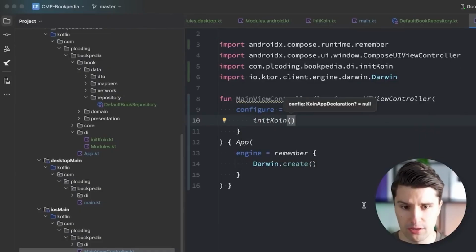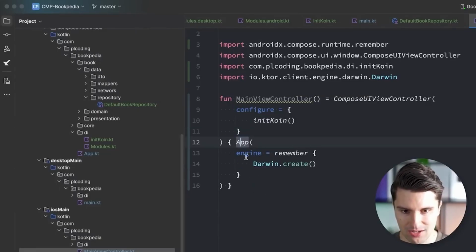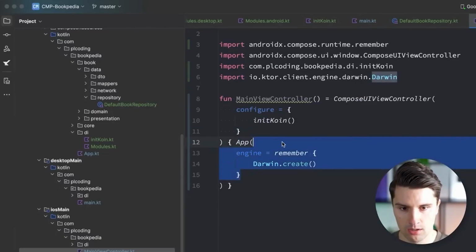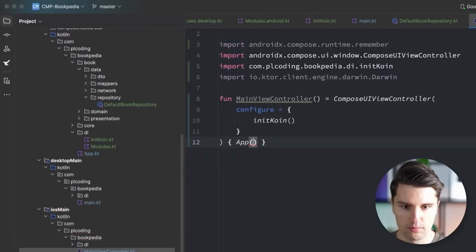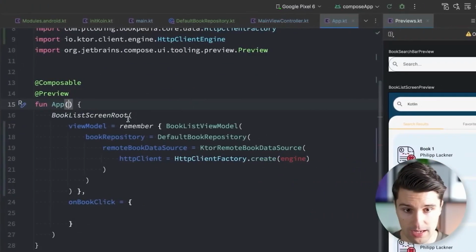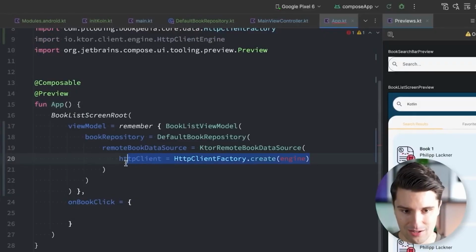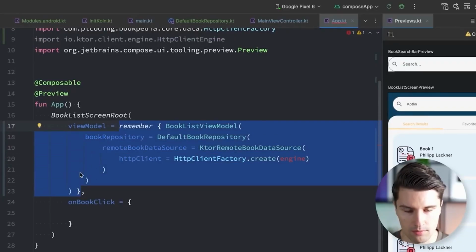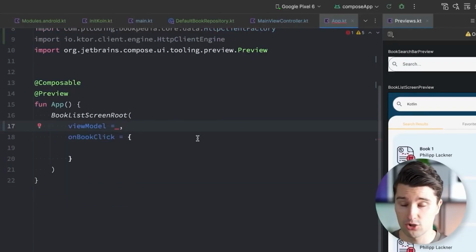So this should be everything we need in order to be able to now inject these dependencies that we've provided in coin. We still need to adjust our setup here. So this application class should not now take an engine because it doesn't need that. We can remove this, go inside of application, remove the engine here. Then we suddenly can't construct these dependencies here anymore, which we don't need because we have these in our coin modules. So let's rather get rid of all that, because the only thing the screen, the actual UI now needs,